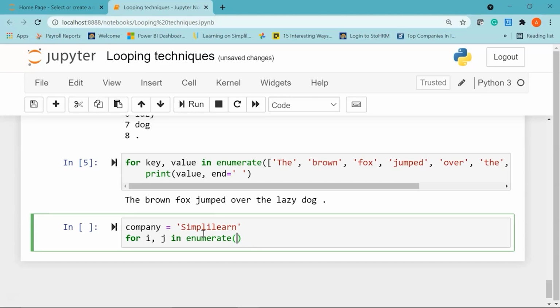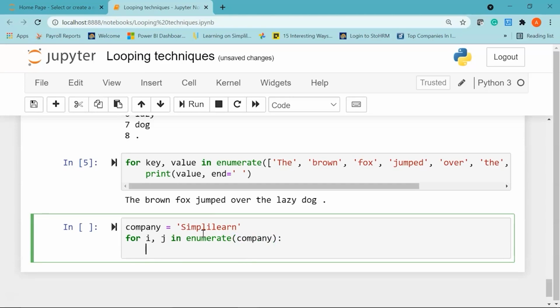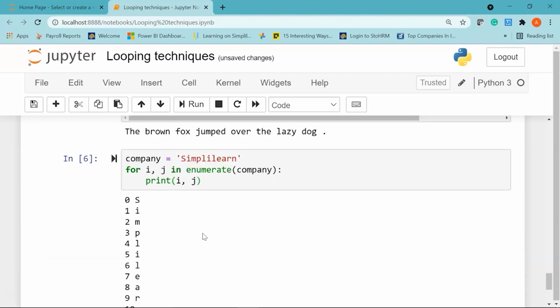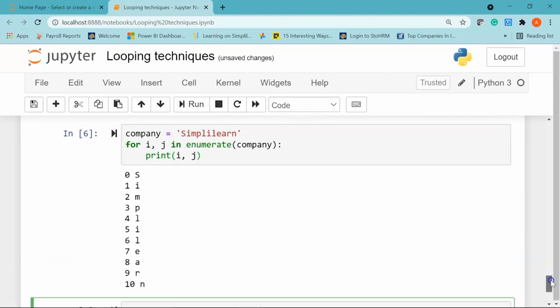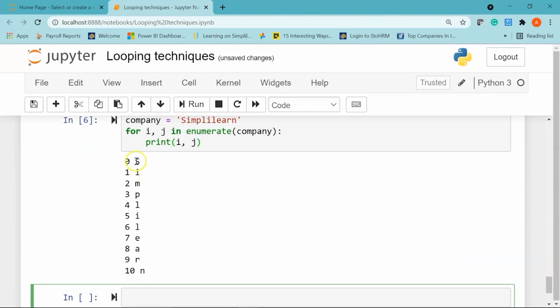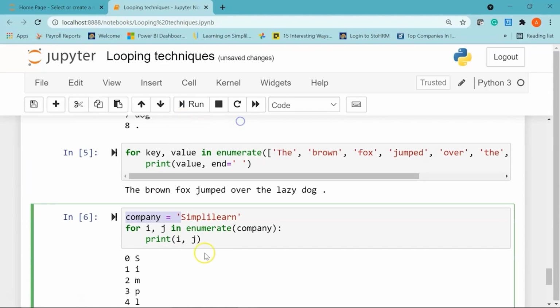Within brackets I'll say company, give a colon, then I'll say print I comma j. Let's see the result. There you go. So here we have indices assigned to the different letters in my word simply learn.